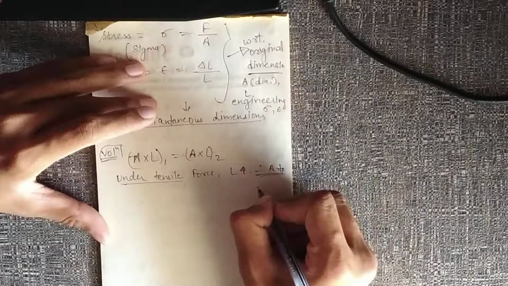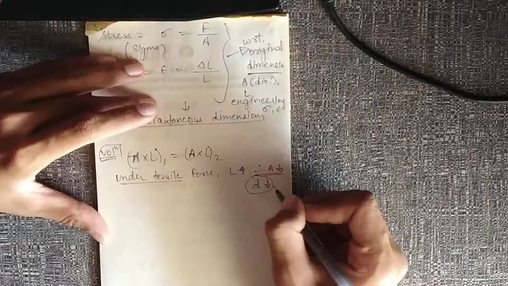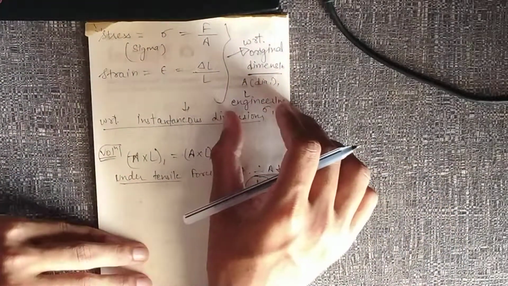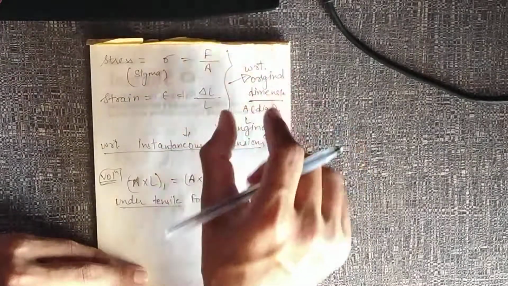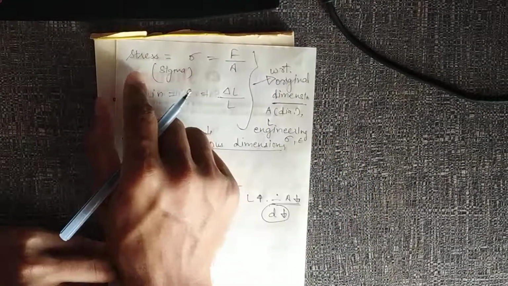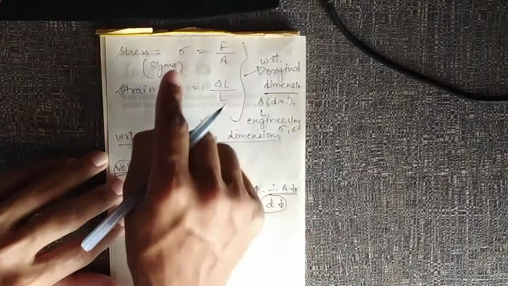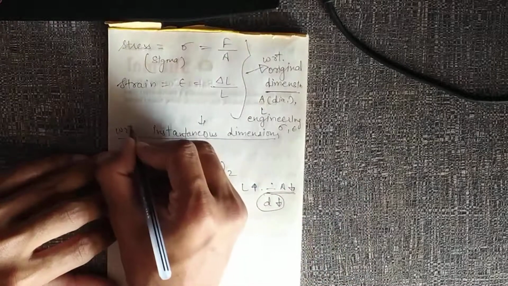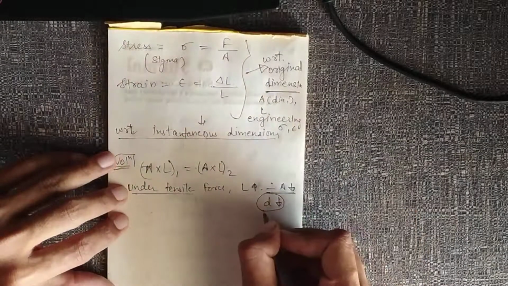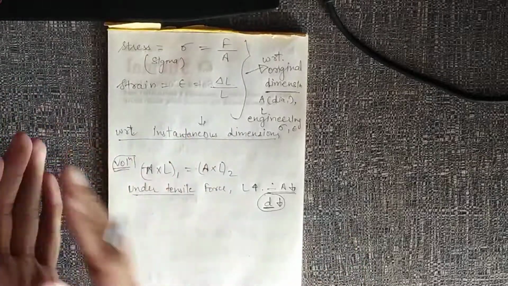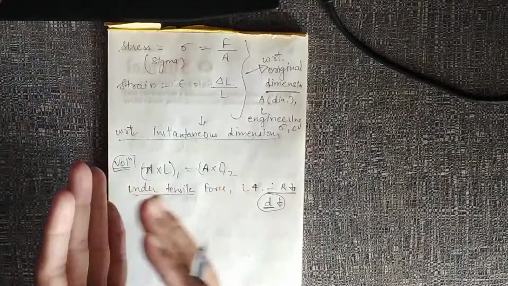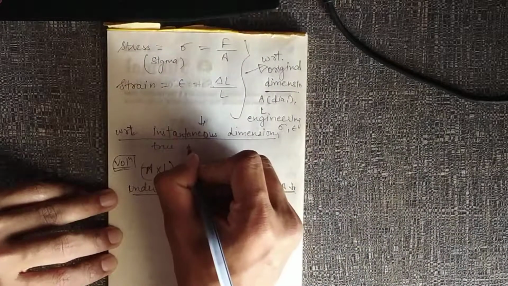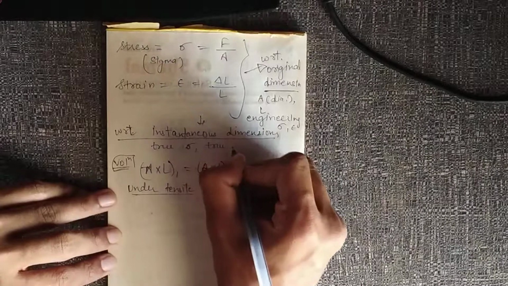If the area is decreasing, the diameter will decrease, but the change in diameter from the initial to the final one is very small in engineering applications. So we can safely use original dimensions for evaluation of stress and strain, and those should be mentioned as engineering stress and strain. And when we use instantaneous dimensions, with small changes in dimensions, we keep evaluating stress and strain at each position. They are called true stress and true strain.